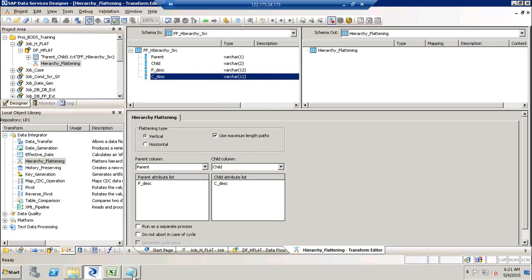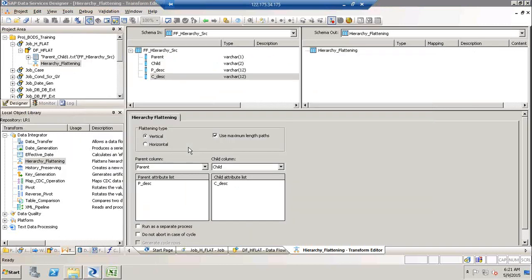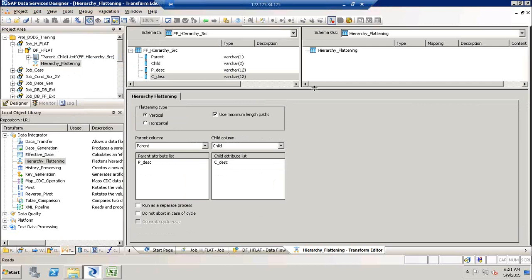So if you look at the data, one is your parent description, which is manager, senior lead, and lead. And also we have the child descriptions like lead, developer, junior developer, and trainee. So just drag and drop them,